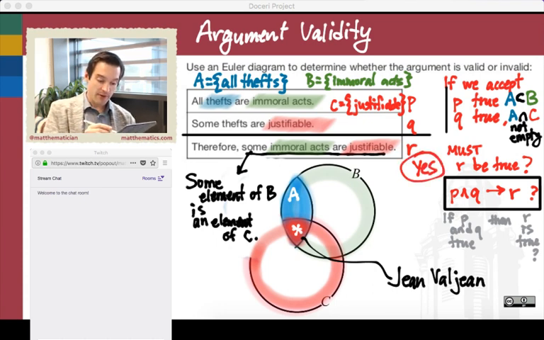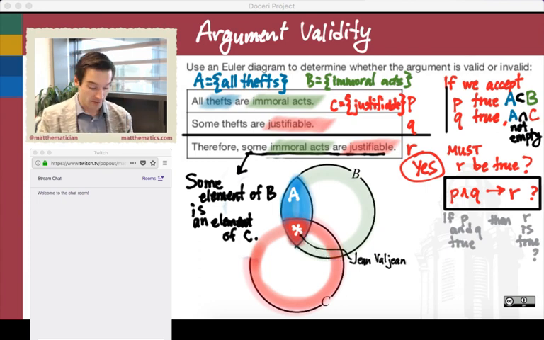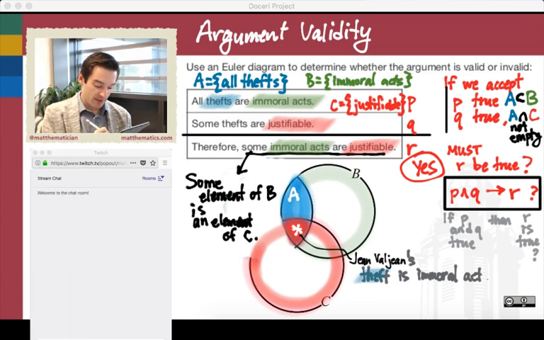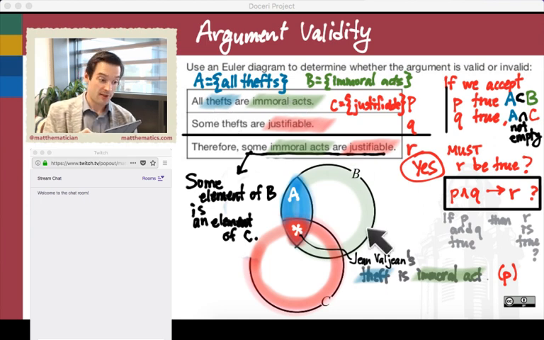So just to follow the line of reasoning again about why Jean Valjean is our proof that this is a valid form of argument. Jean Valjean is our asterisk in the middle of this diagram. So his theft in Les Miserables is an immoral act. Right? If we are accepting the first premise, it is an immoral act, because that's by the premise P that says that all thefts are immoral acts, and therefore, in particular, his theft is an immoral act. On the other hand, some immoral acts